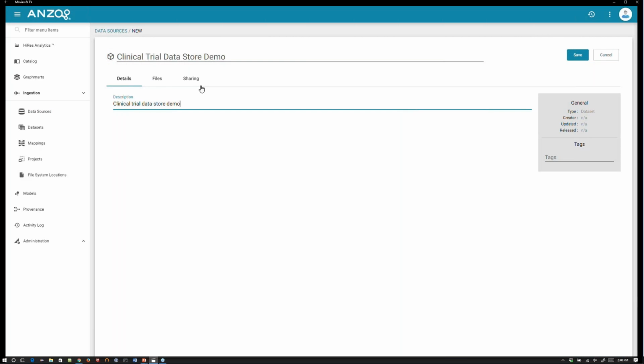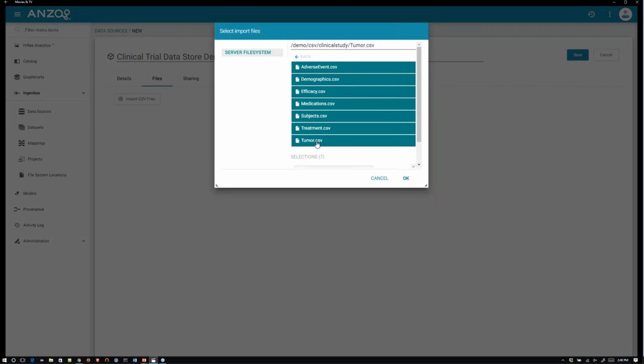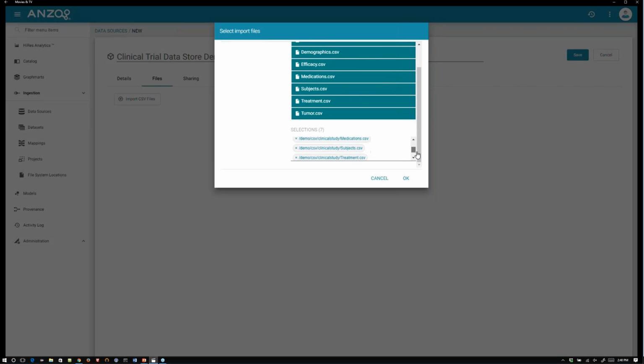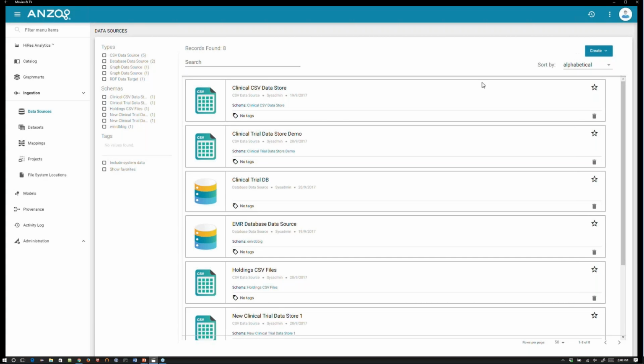We're going to call it our clinical trial data store demo. We're going to import a selection of CSV files that makes up our data source. It's going to deal with them all at the same time. When we click Save on those files, it's going to quickly profile them, create the new data source, and